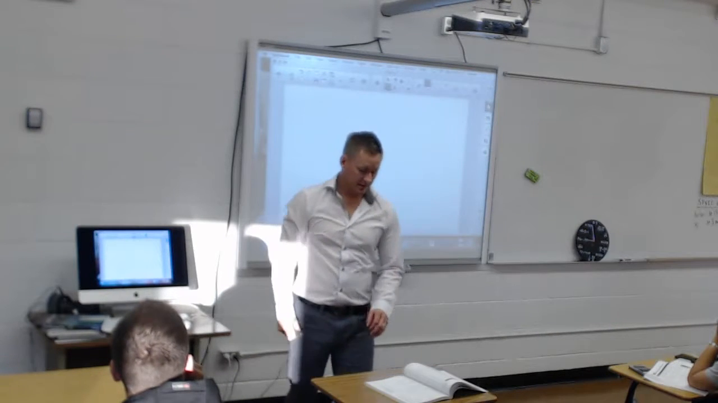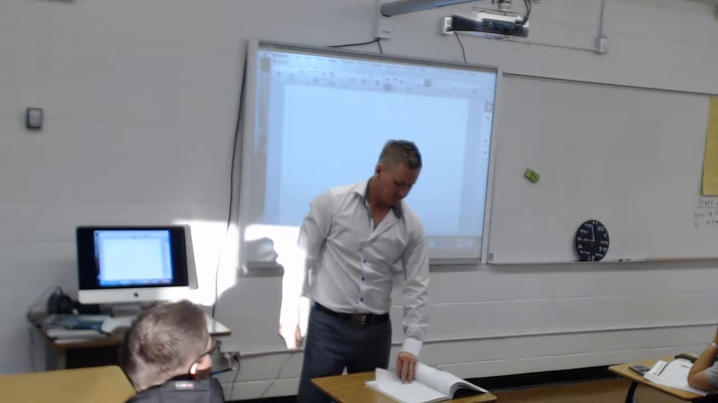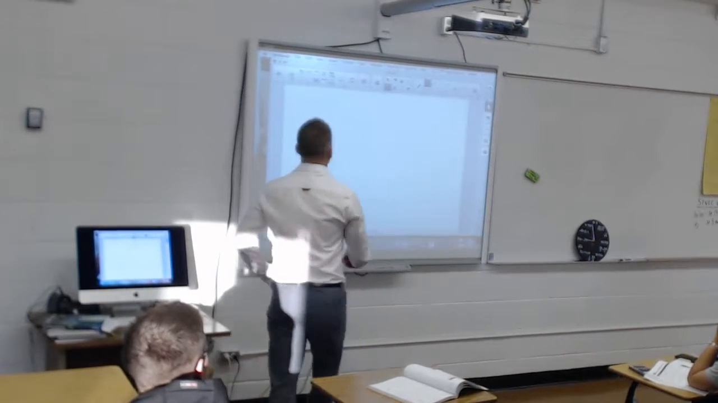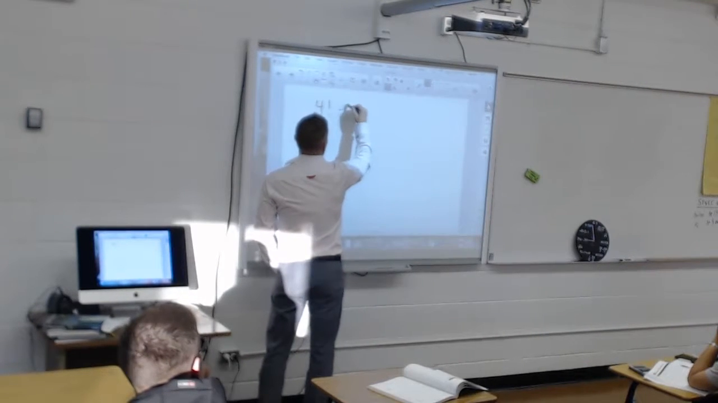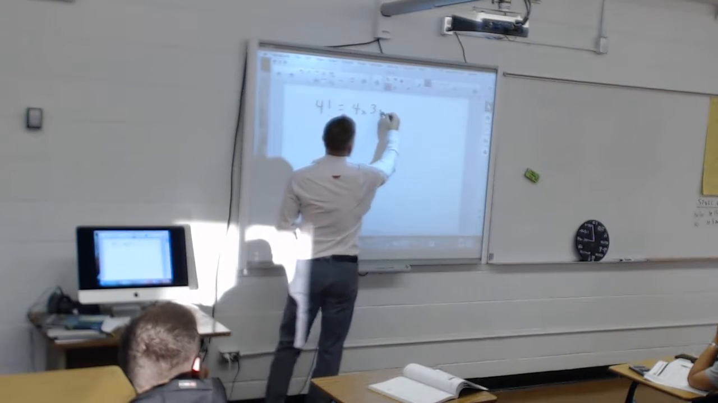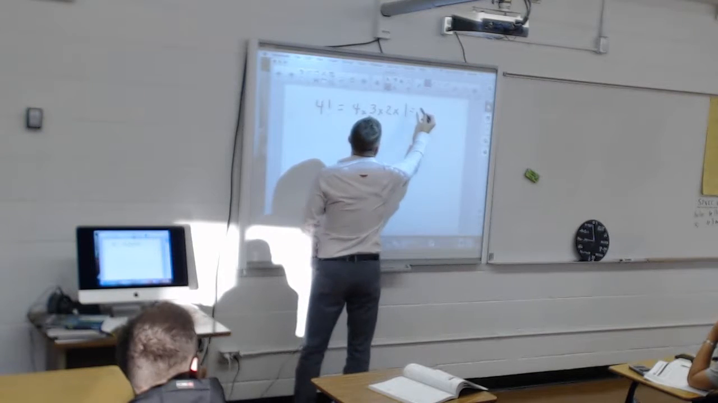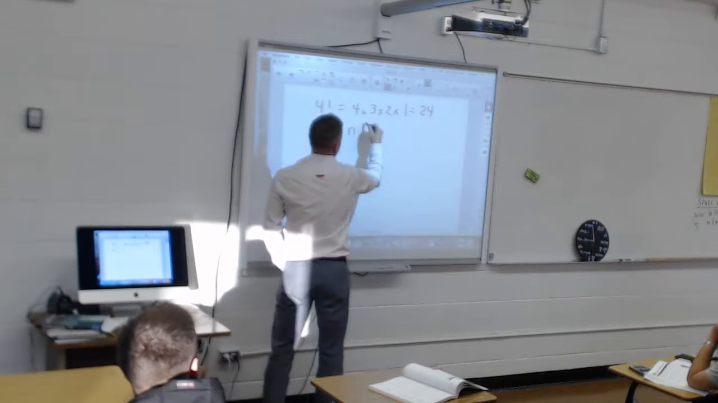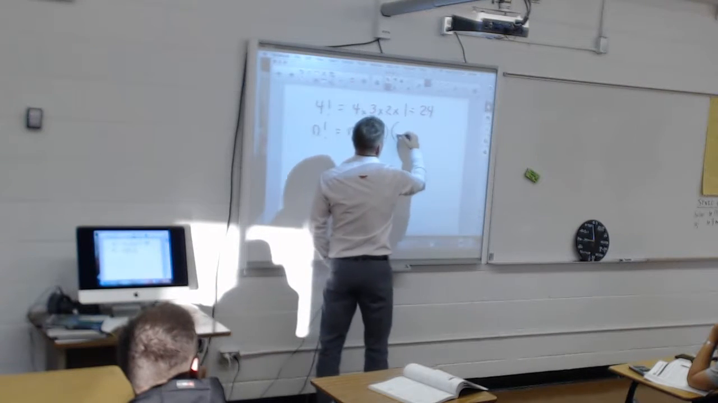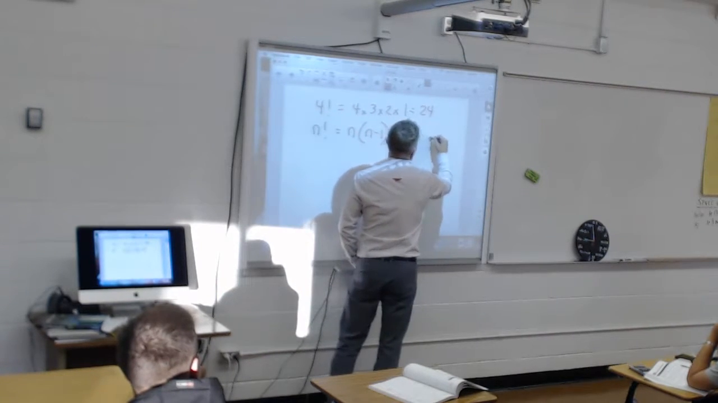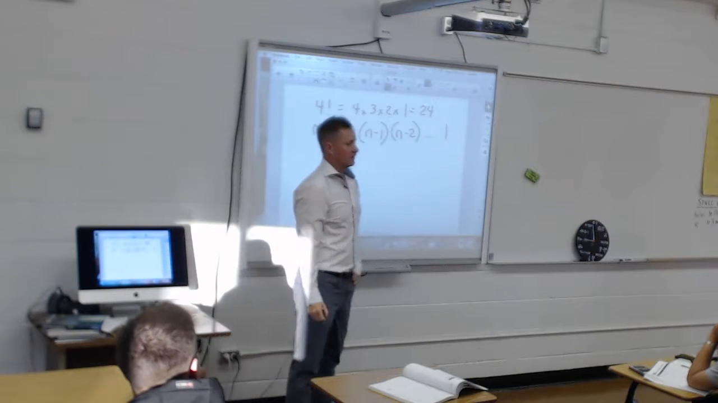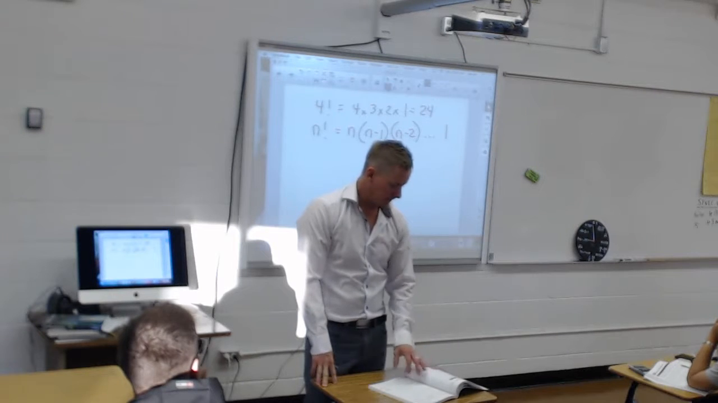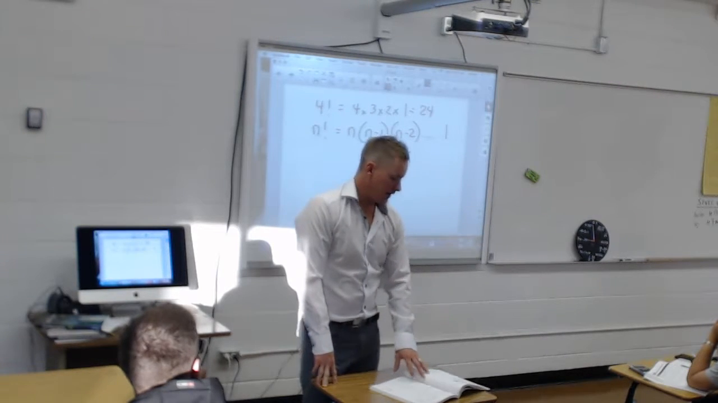The second thing that we looked at was factorial notation. So what is factorial notation? So 4 factorial is 4 by 3 by 2 by 1, 24 ways. N factorial is n times n minus 1, n minus 2, all the way down to 1. So that's factorial notation. So that was 4.2. 4.3 was